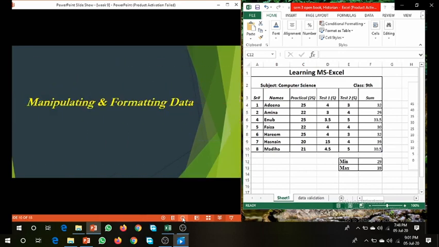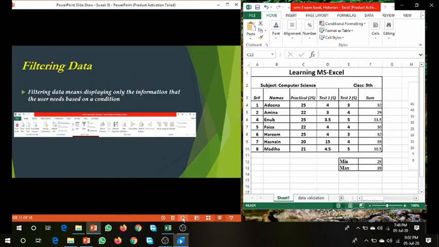Manipulating and formatting the data. Filtering data. To see a specific set of records, apply a filter. This is useful especially if you have really big tables and you only want to see a part of your data.